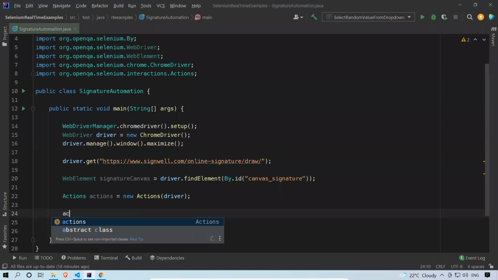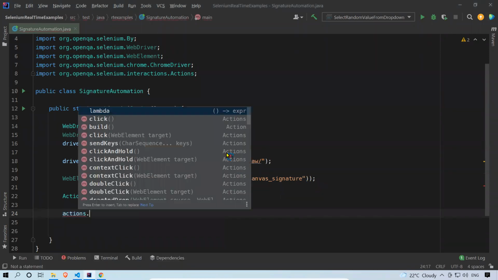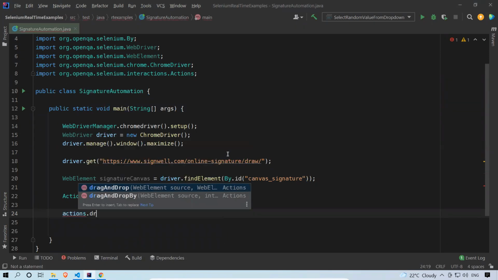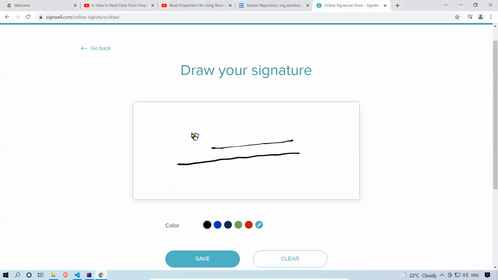For that, you have actions.dragAndDropBy. For the web element, you provide the source, the canvas, and the integer x offset and y offset. The x offset means, if I draw an exact straight line, this is the x axis, and this is the y axis, and I'm not bothered about the y axis. I'm just drawing something on this, so I care only about the x axis.